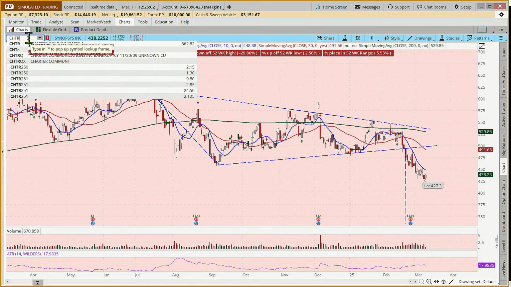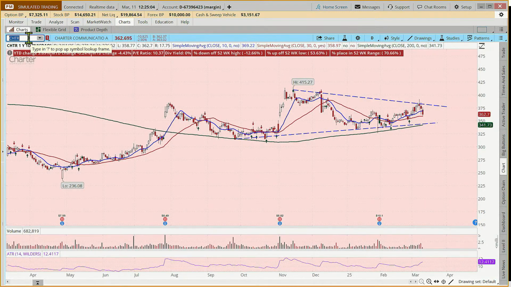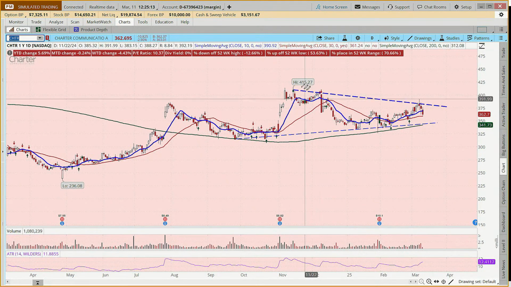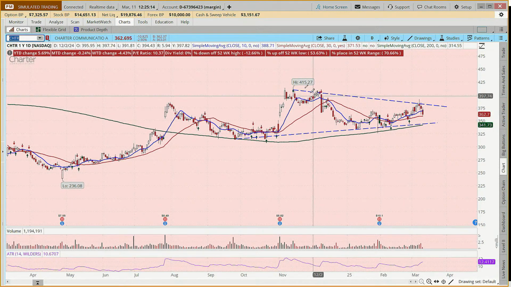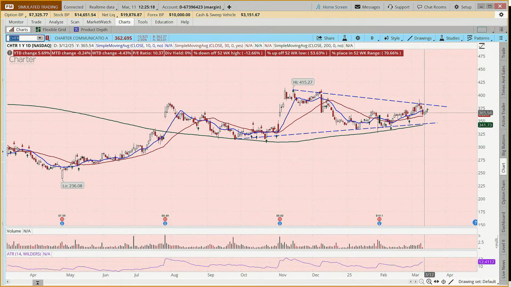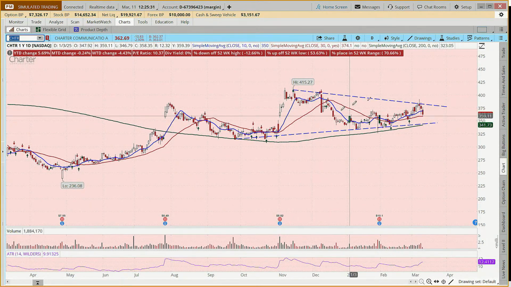Yeah. So Troy is saying, could that also be used as a target to the upside? Absolutely. So if we look at Charter and it hasn't broken out yet, some might say, well, it's moving down. And what if I bought a put expecting it to continue to move down and put my target here around 344? So you're trading within the pattern.